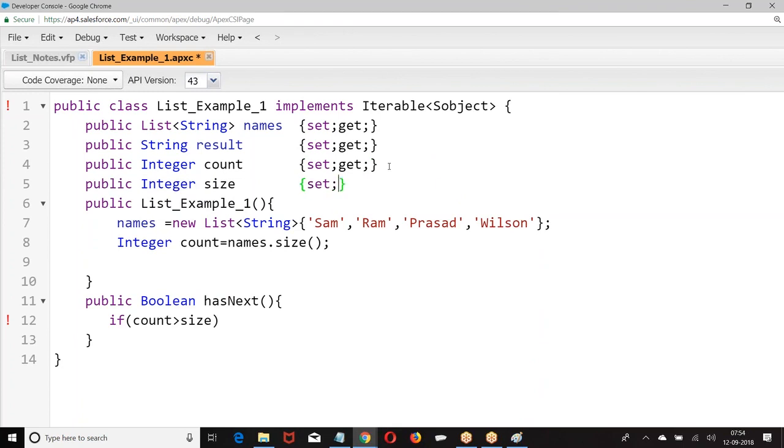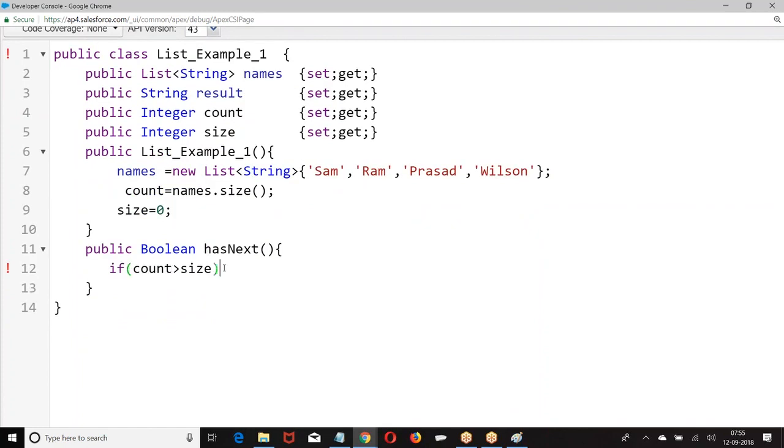It's too early to discuss this point. Just to give the idea about the method, I'm using it. Now we have here count is greater than size.